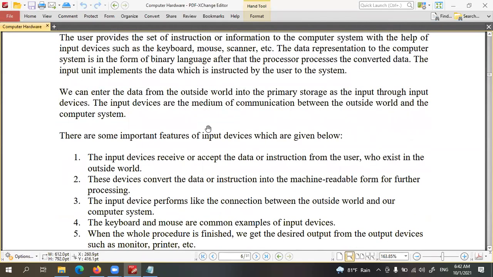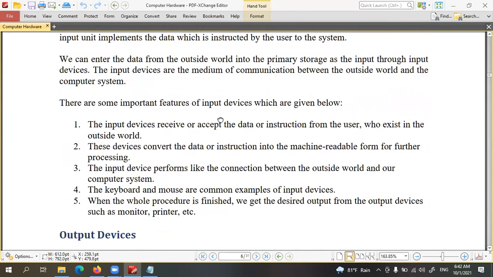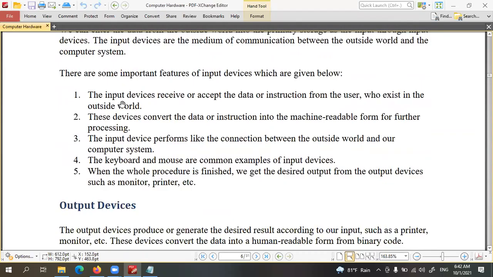Right, children. So input devices. Input devices receive or accept data or instructions from the user who exists in the outside world. So input devices are the main interaction devices, the main devices which allow users to interact with the computer.